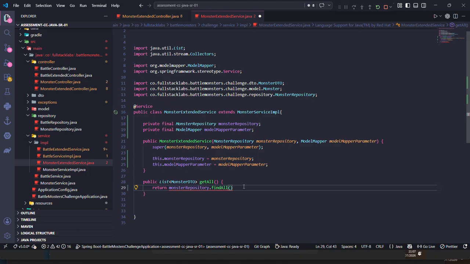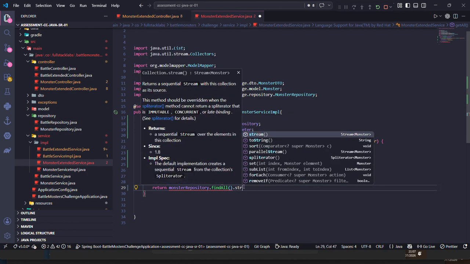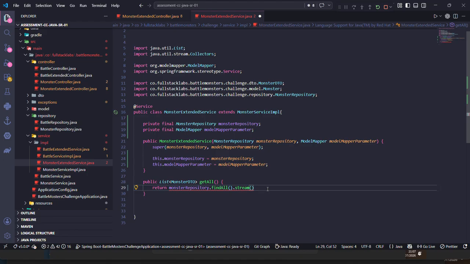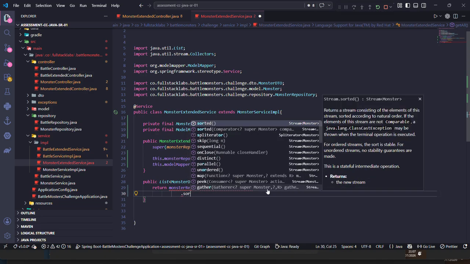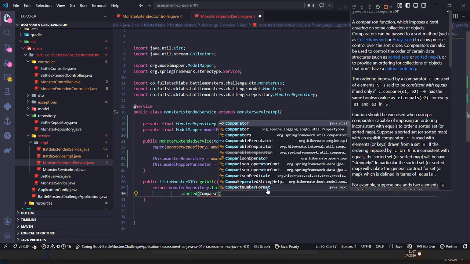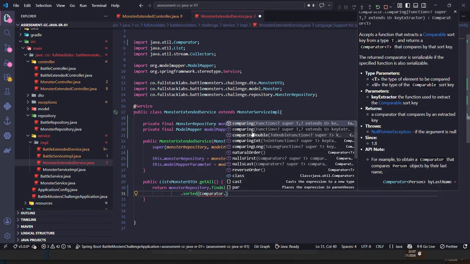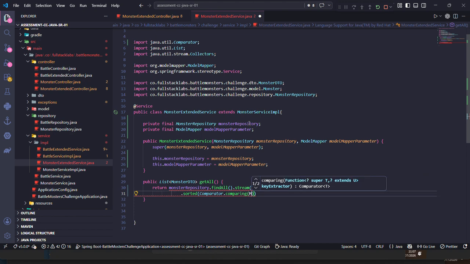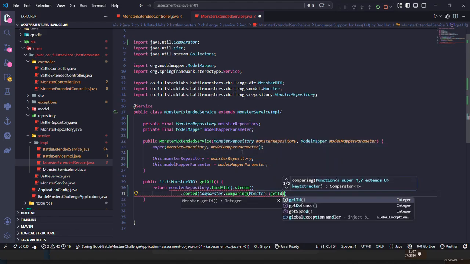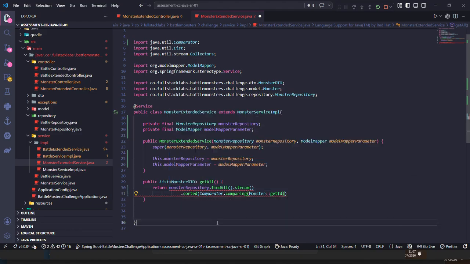I'll do right here a find all to start, fetch the data so I can run through it. I'll sort this information, use the comparator, comparing monster get ID. Okay, yes, that's gonna work. Now we have our list